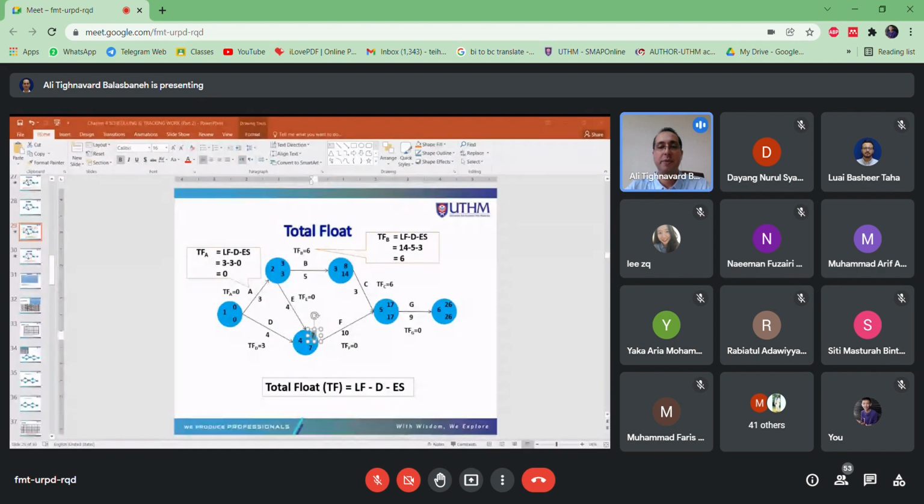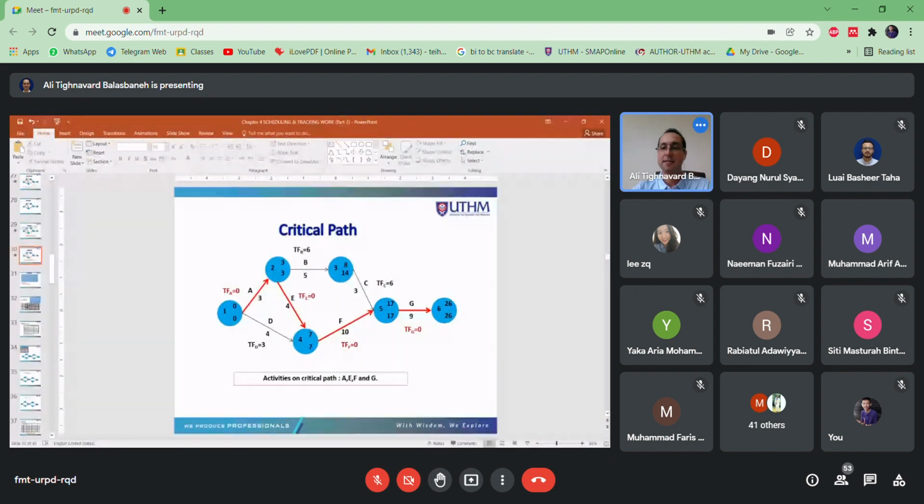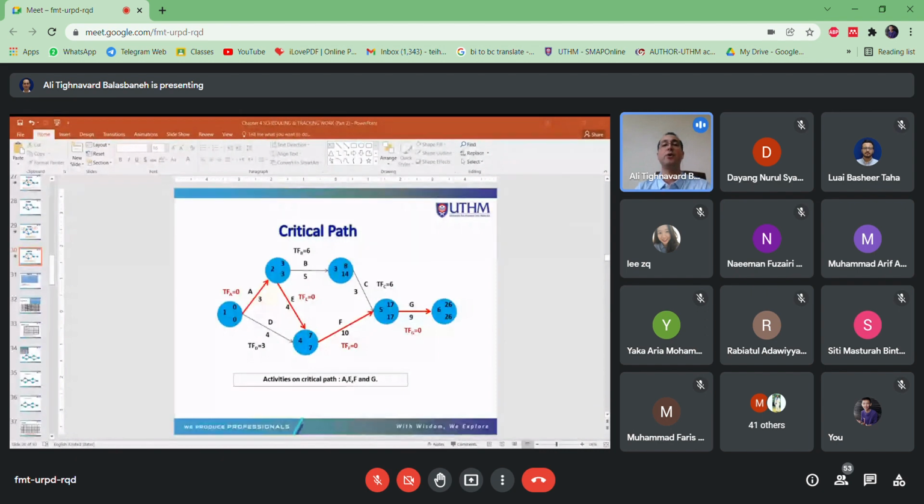So why do we calculate the total float? Because we need to find the critical path. The red arrow shows you the critical path. What does it mean? Activities A, E, F, and G, these 4 activities